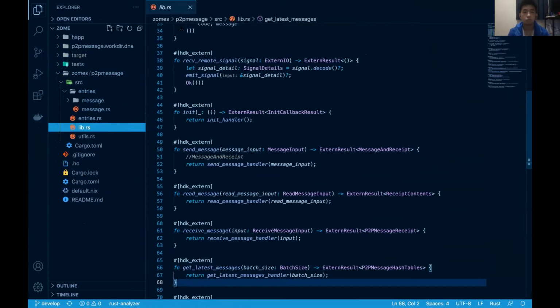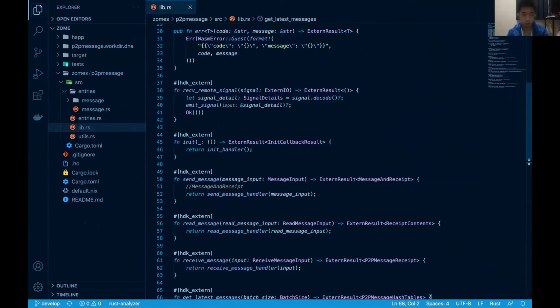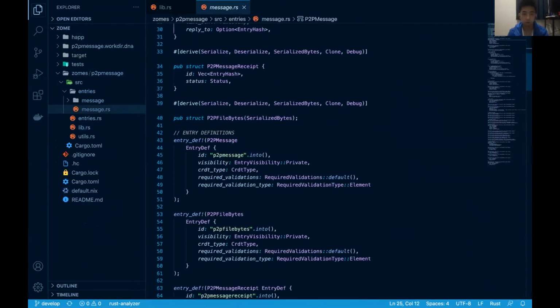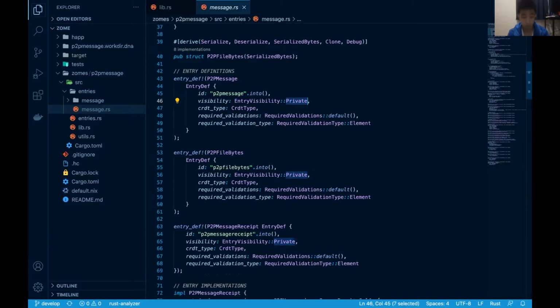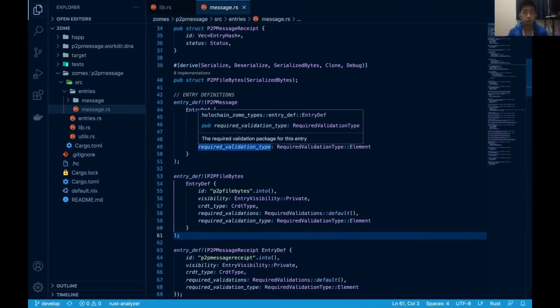So I think the first thing I should tell is that right now in peer-to-peer message, as you saw in the entry definitions here, all of them are private entries actually. So the P2P message is private, the P2P file bytes is private, P2P message receipt is private. The reason is because there's not really any reason to share the message you sent to someone in the DHT, apart from